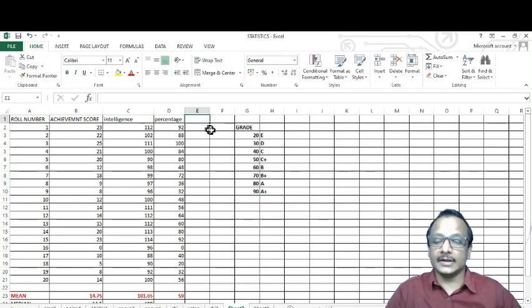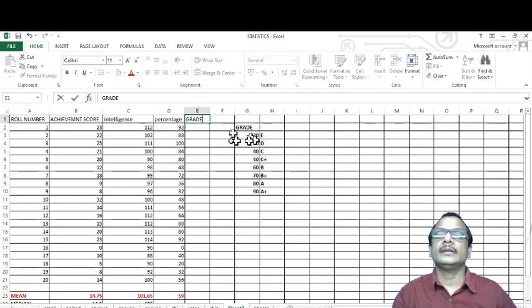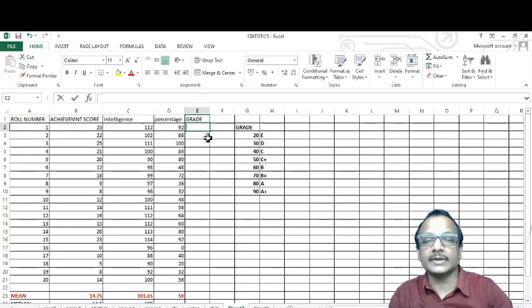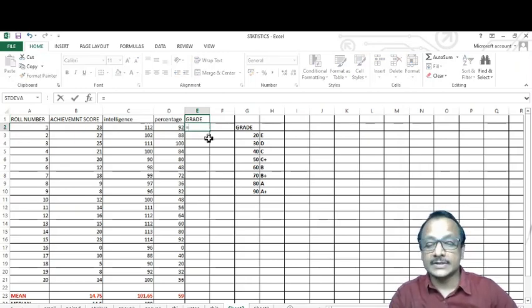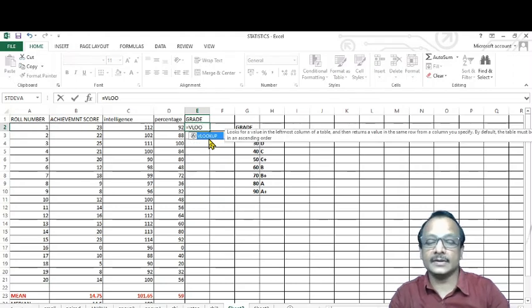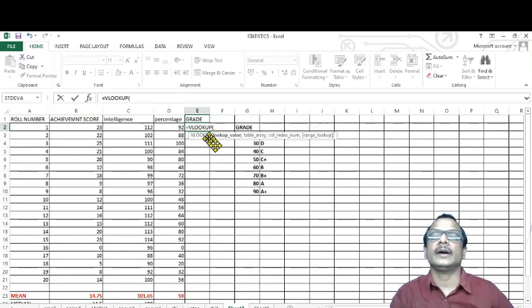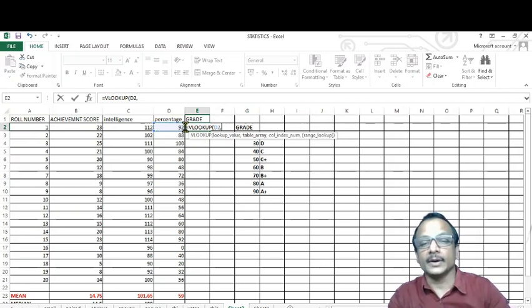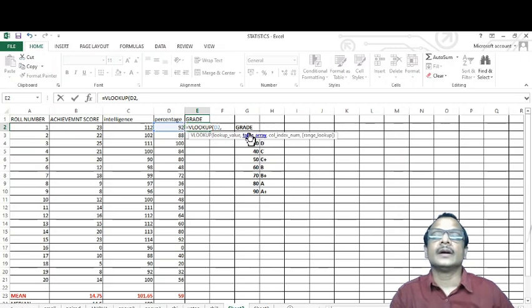Now click here and type grade, and in the lower cell just type equal to and type VLOOKUP, vertical lookup, a formula in Microsoft Excel or any other spreadsheet. Open a bracket and select which value is to be converted into a grade. That is the first student's 92% score. So click here and put a comma, then select the grade table.